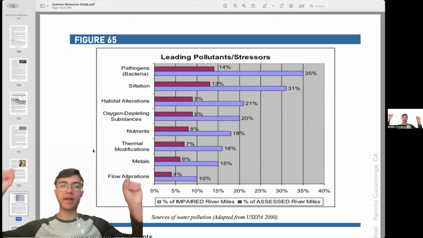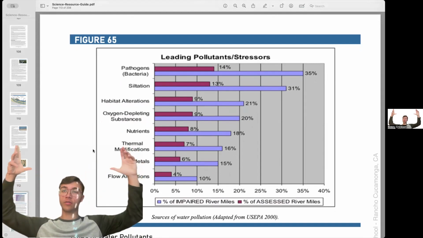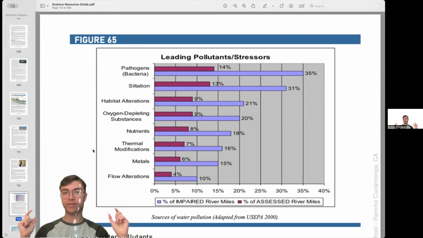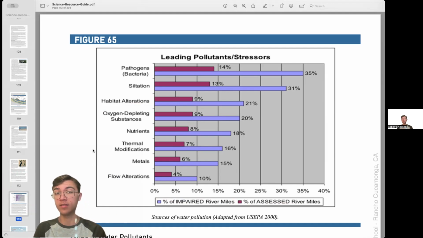So habitat alterations is third. That's actually connected to soil, so you can think of it as pathogens, obviously, are going to be very polluting, and then siltation is next up. But then remember, siltation leads to habitat alterations, like in our minds, it can lead to it. And then with those habitat alterations can come oxygen depleting substances. In the midst of oxygen depleting substances, there is some good that we must remember, and that is nutrients. Now that's not absolutely good for the water, but it is a pollutant still. But in our memorization, we can remember, oh, it takes a better turn in the later half.